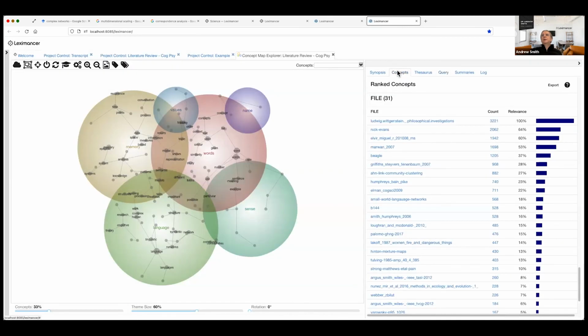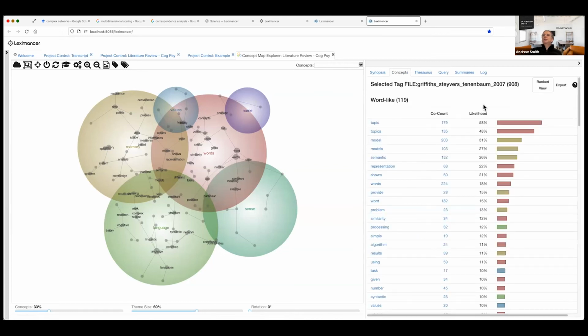So what else can we do with that? Well, instead of clicking 908, the segment count, click on the name of it, Griffith, Steyvers, Tenenbaum. What that shows you is the concepts that code strongly with that article. So I can see, yes, it is indeed about topic modeling, and I can see that immediately because topic, model, and semantic representation are the most likely concepts to appear in this article.